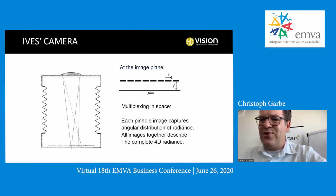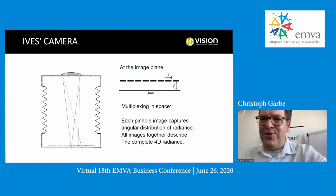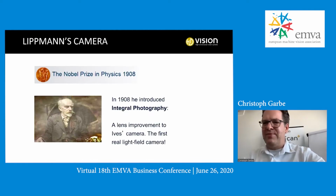allows you to capture all these different views of the scene, so all these different views of the environment onto a single imaging plane, and all of this together describes the complete 4D radiance of the scene. And this is, of course, an extremely powerful and innovative approach, yet it was limited by the use of pinhole cameras. And this was then improved, and his idea was then to use this basic principle of the Ives camera and